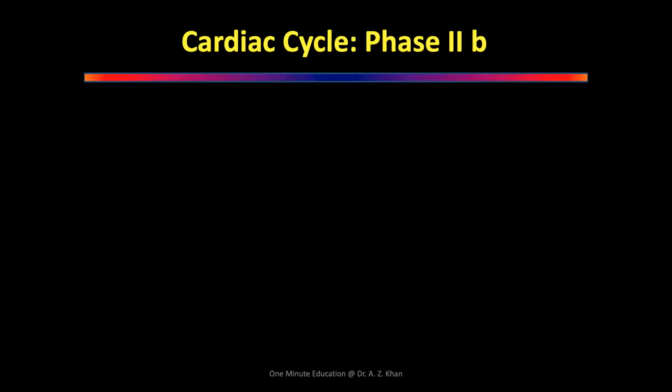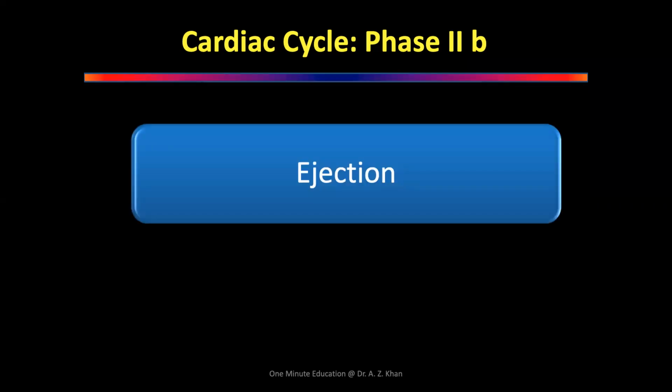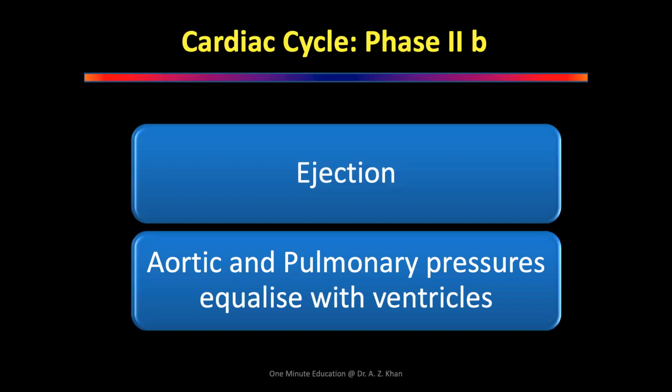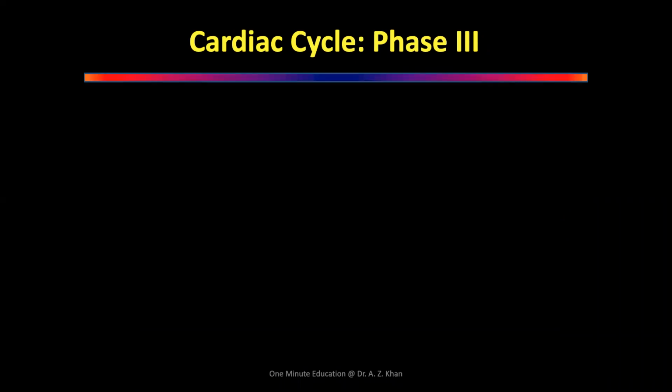The moment the ejection starts, you get into phase 2B of the ejection, which is continuing to eject, where the aortic and pulmonary pressures equalize with the ventricle. So now the pressure is equal between the aorta and the ventricle, and the pulmonary artery and the right ventricle. So aorta is left, pulmonary artery right. The moment that equalization of the pressure happens, you move into phase 3, which is called diastolic